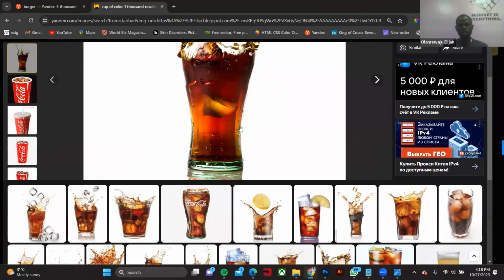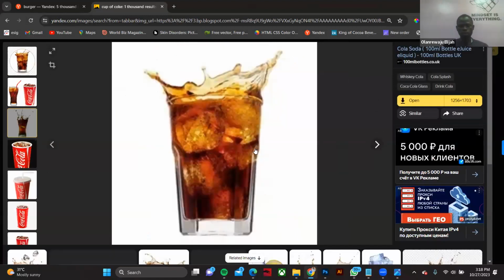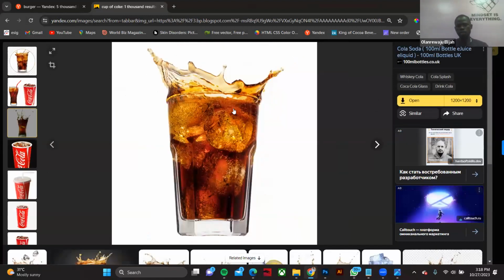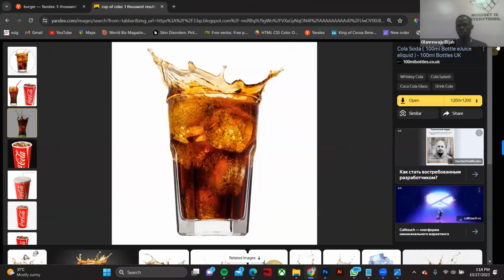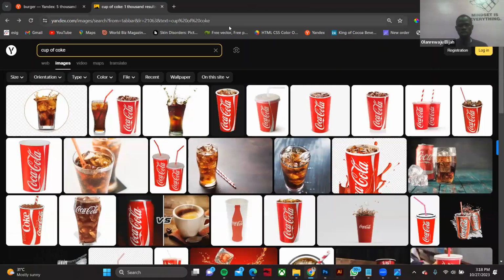So now looking at this one, it's also having a white background, meaning that I have to remove the background. Let's use this one. Okay, this one looks like the one they use in that design. Let's download it. We are going to remove the background of this one. Right? So now what else? What other things do they use in the design?